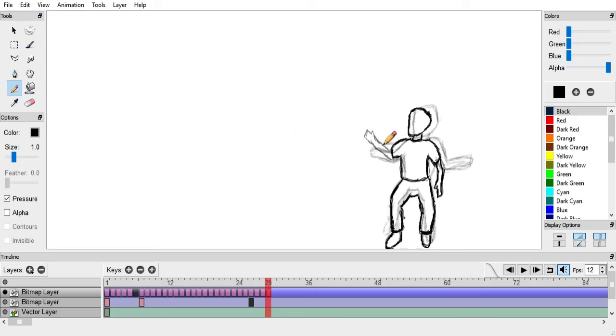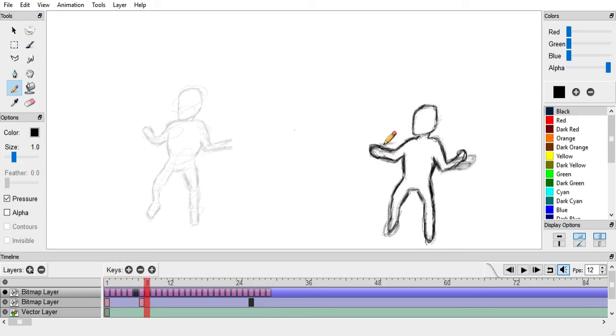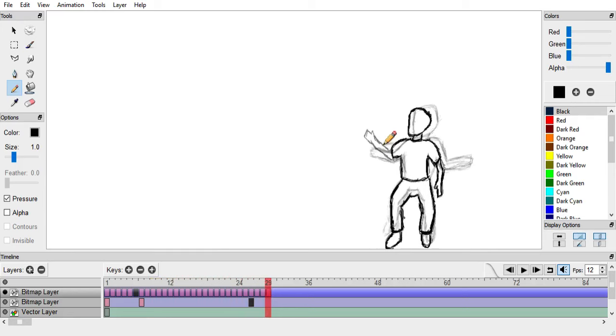Where was I on this? Where was I in the animation? Was his hand going up or was it on its way down? I think it's on its way down again. We gotta adjust this. His, what do you call that? The forearm?